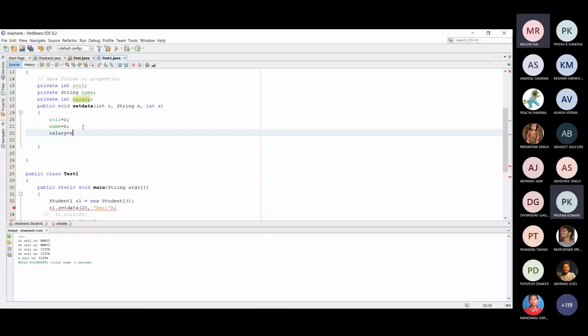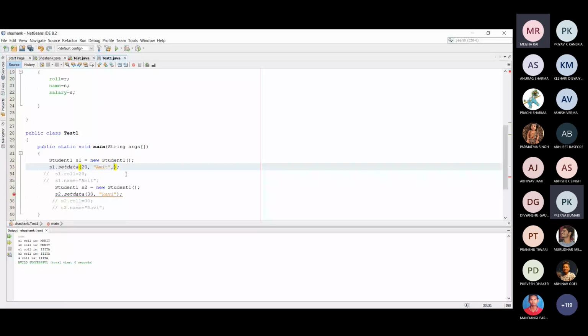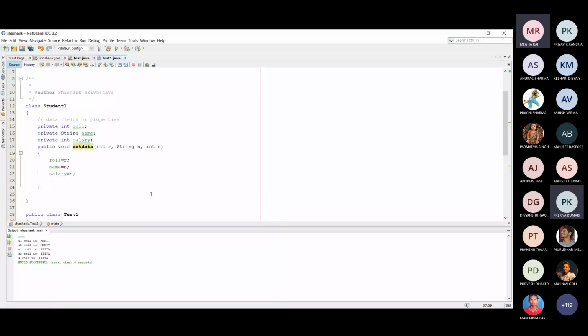Now we need to pass another argument, like 2000 here and 3000 here. So this particular method is for initializing the data.